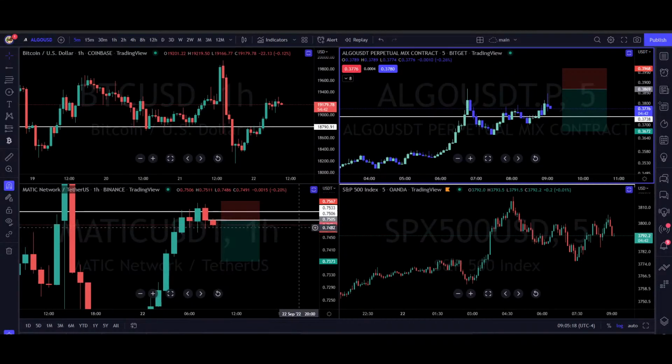So we're waiting for this still. It's not done it yet. We didn't make a fresh high of day on Algo either. But nothing says it has to, right? It doesn't. Nothing says it has to do that. But that's just out of my experience. That's what I would want to see.